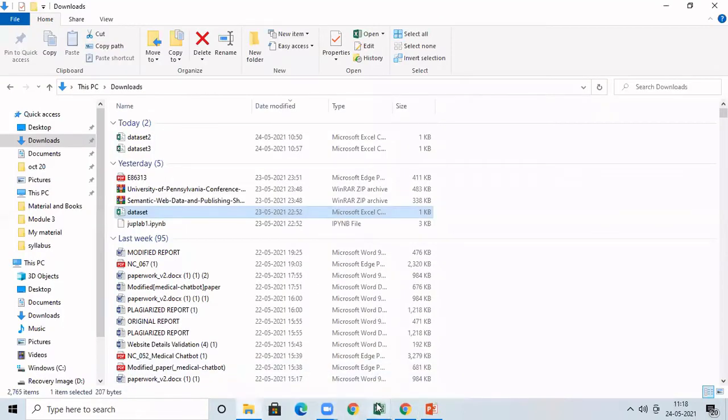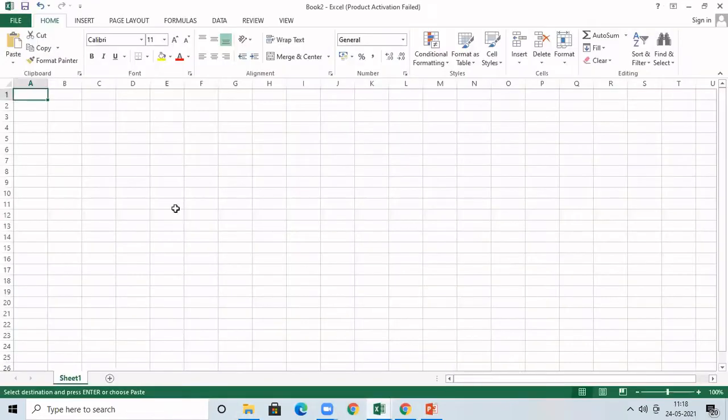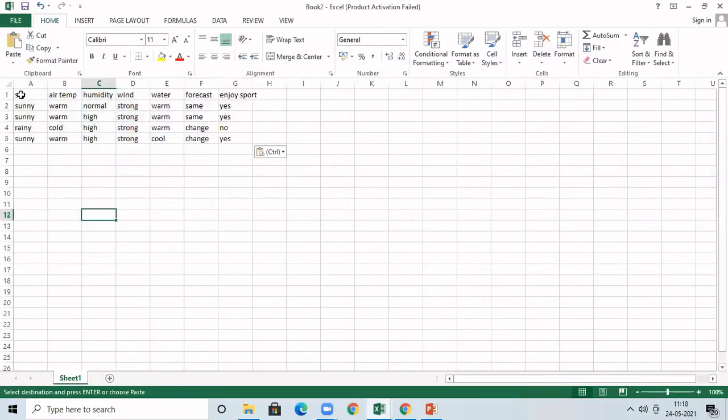So I have opened an Excel sheet. In the Excel sheet, I am going to type only the data set. If you see, the first row is my heading. For every column, we have the feature name, that is the heading name. That is the first row. And other than that, we have 4 rows, and these 4 rows are the instances of our data set. You type whatever is given to you.